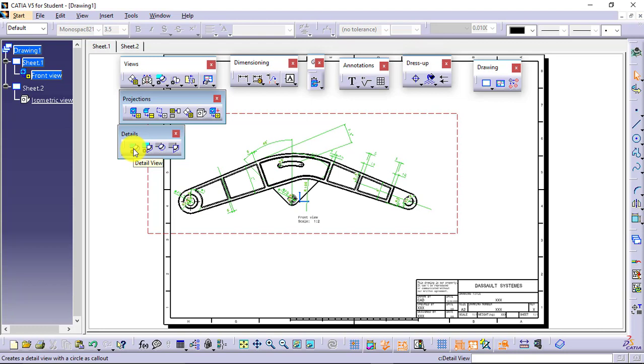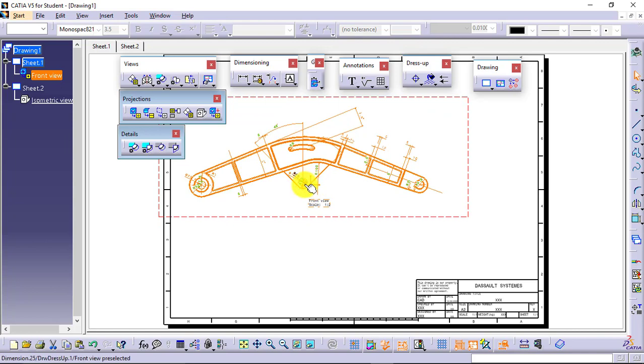Also I will not be able to do the dimensioning of that. So in that case, what we do is we apply detail views. For example, over here this particular portion is actually too small to show. So I will show this as a detail view so that this particular portion will be highlighted and I will be easily able to dimension it.